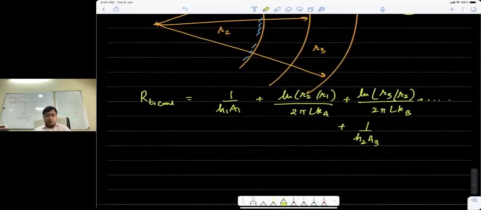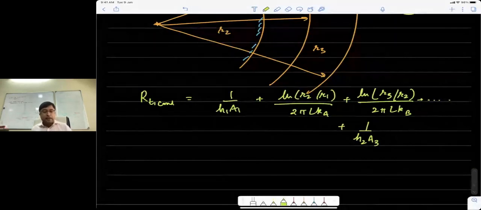So just remember, in solving these kinds of problems, this is the simplest approach and should always be taken up instead of trying to go through the more rigorous way of solving the second order differential equation and then applying boundary conditions at the interfaces of two solids, which is also right. That will also give the same answer, but we've already worked out that by using this, we get this whole concept of resistance. And so we can use this concept very quickly to calculate the rate of heat flow instead of going through the rigorous method.